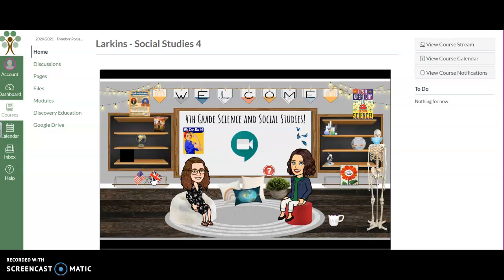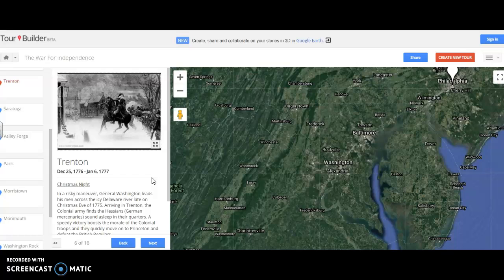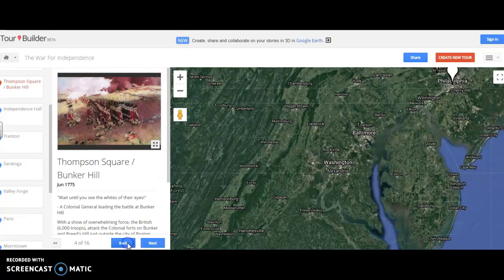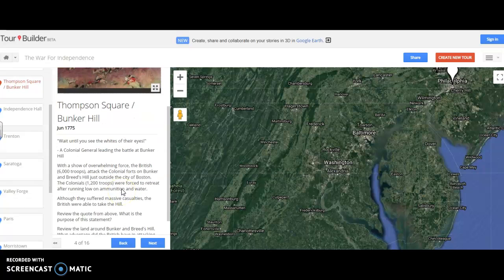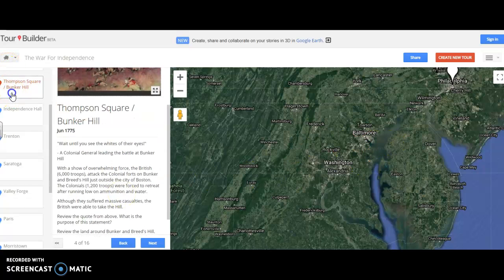Let's click on the American and British flags here and see where that takes you. This takes you to a tour builder and it shows you a map and real places. You can see over here on the side it tells you real places where there were events happening in the Revolutionary War. So you can go back, Independence Hall, you can click through and read about these places, and it will actually show you them